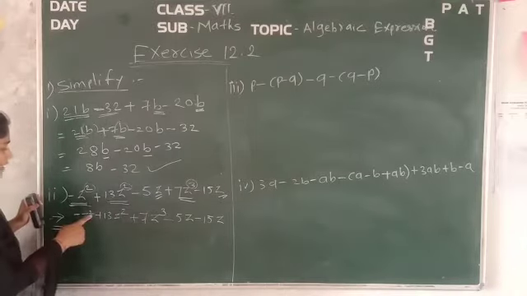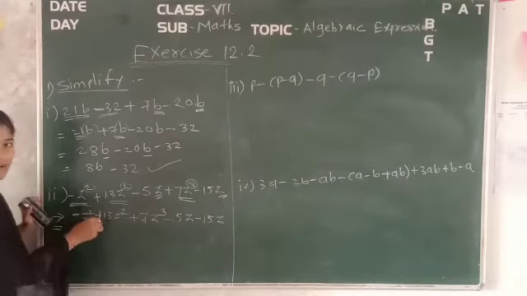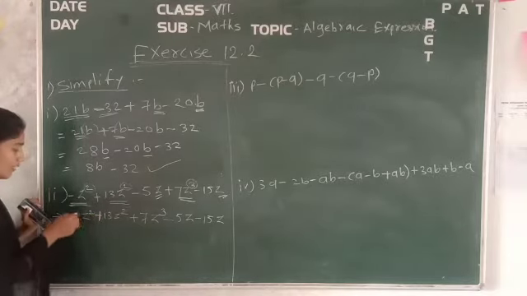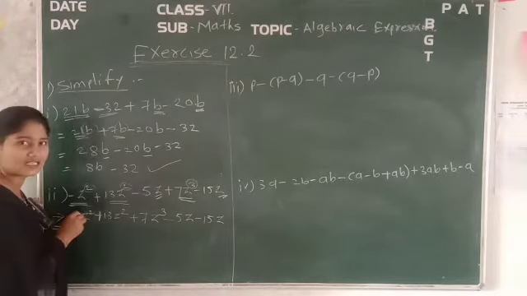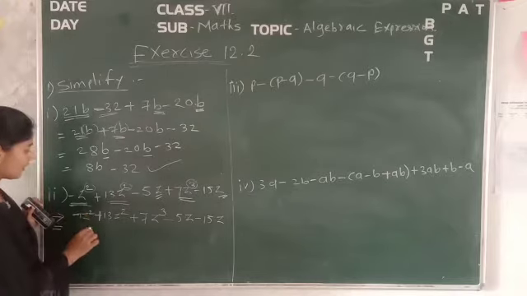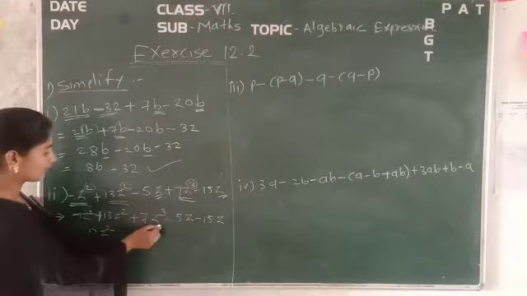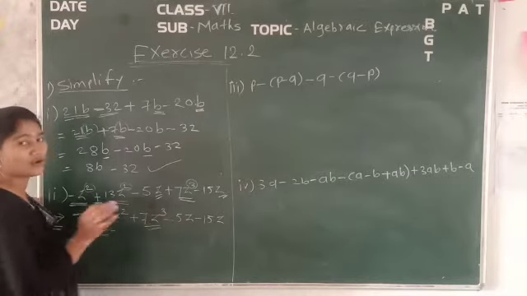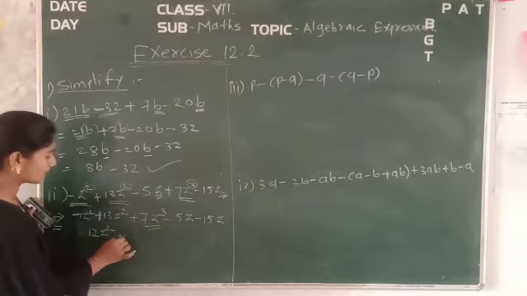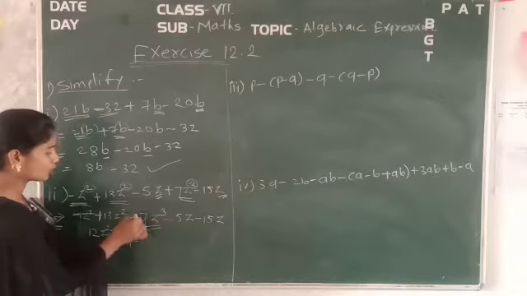Okay. For the z square, here you have a minus sign, but here you have a plus sign. So 13 minus 1, where there is nothing, it means there is a 1. So 13 minus 1 will be 12z square. Correct? Now, what is this one? For the cube, we don't have any here, so we will keep it as it is. That is 7z cube. Okay.